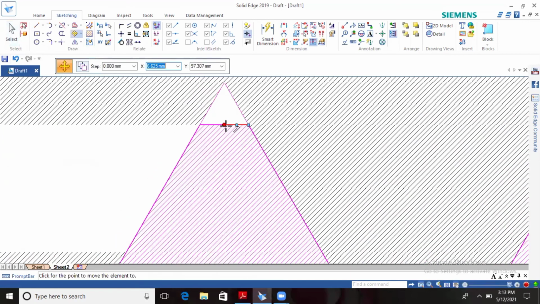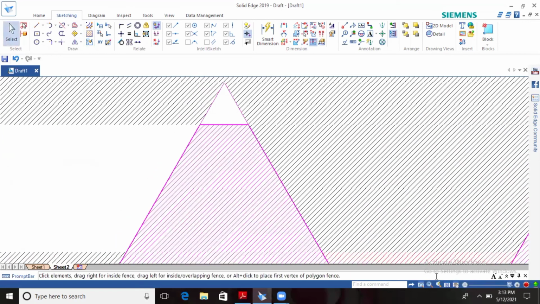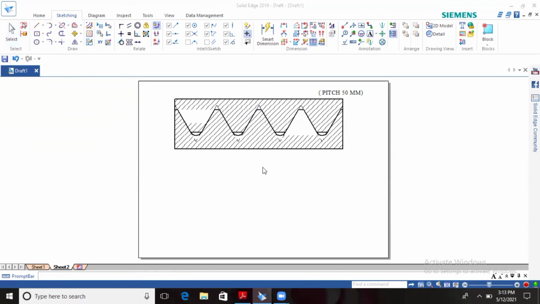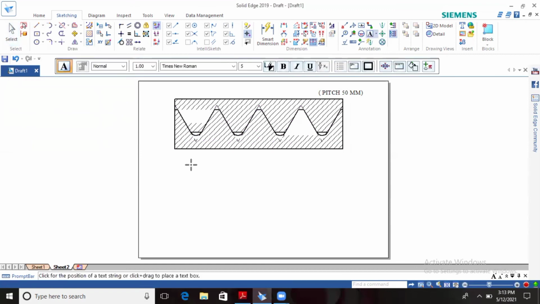Crest of the internal thread like this, exactly at the center. So this is the assembly of the isometric thread. We give the fillet in the external thread because it is the clearance of the isometric thread; you can simply test the clearance. This is the assembly of isometric thread having pitch 50 mm.